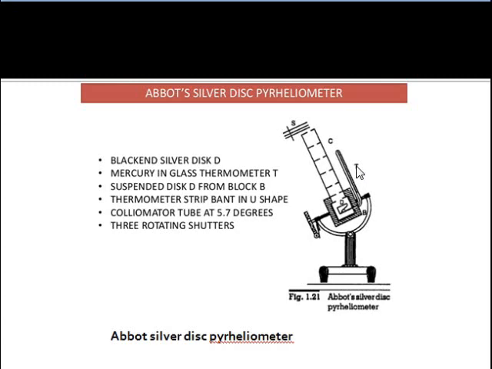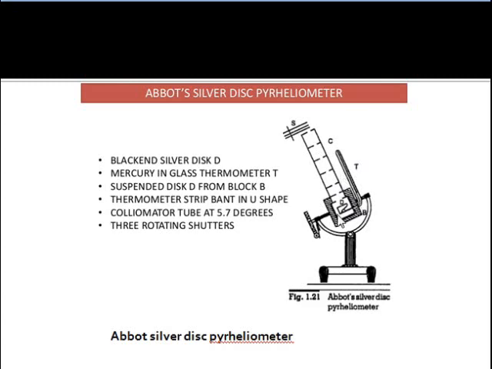And the indications from the mercury thermometer are aligned with respect to sunlight, because if it is perpendicular, then there is a chance that the sun rays will also heat up the liquid mercury inside the thermometer. That's why it is made along with the sun rays. That's why it is a 90-degree bent thermometer.